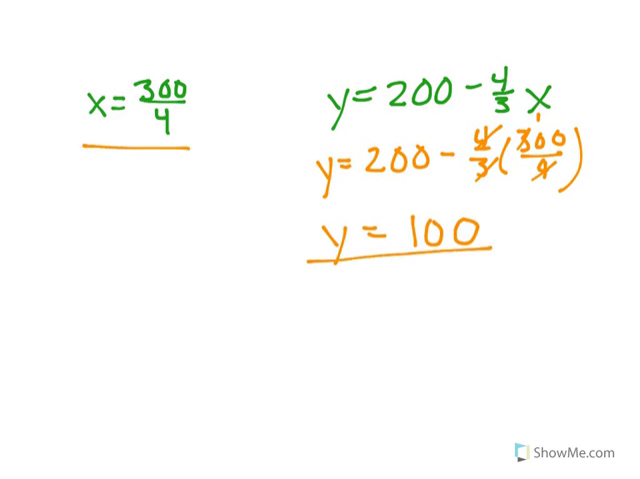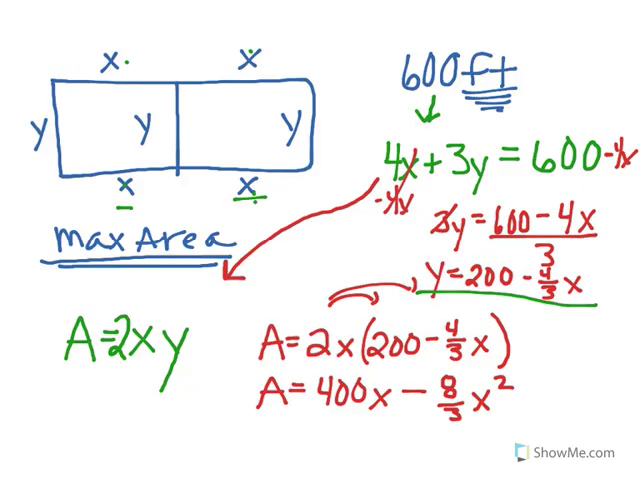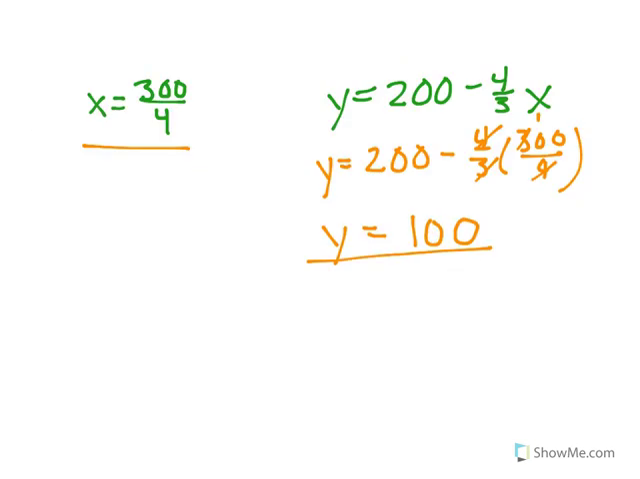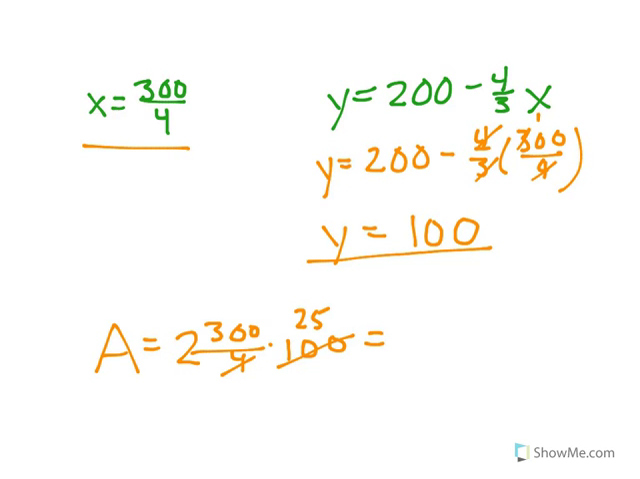And then the area is going to be, for this one, 2x times y. So the area would be equal to 2 times 300 over 4 times 100. I can cancel. 4 goes in 25 times. 25 times 2 is 50. 50 times 300 is going to be 15,000. Am I off a 0? I don't think I'm off a 0. That is going to be our